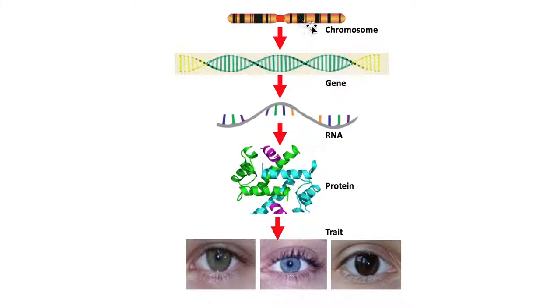Eukaryotes have multiple chromosomes. Humans have 46 of them. And those chromosomes are made up of very long chains of DNA. And the DNA has segments on it called genes. And genes are pieces of DNA that actually code for a protein. Before that gene can actually be expressed as a trait, several things have to happen, namely transcription